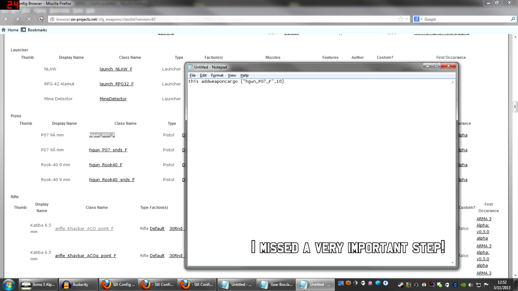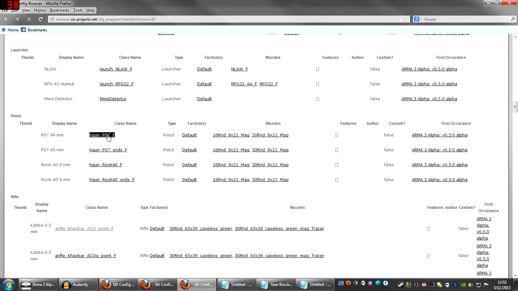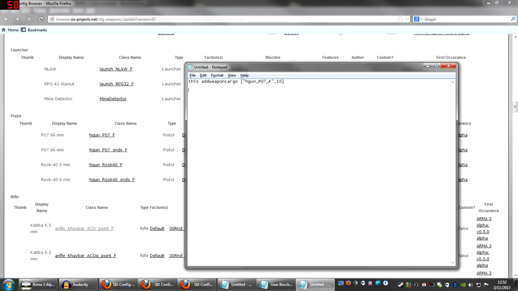Now obviously to go along with the pistol, we need the magazines. So what type of magazine does this take? It takes 16 round and 30 round magazines. So for a mission for 10 guys, we'll say they want 3 standard magazines and 1 extended magazine each. So copy the name of the magazine, and then this,